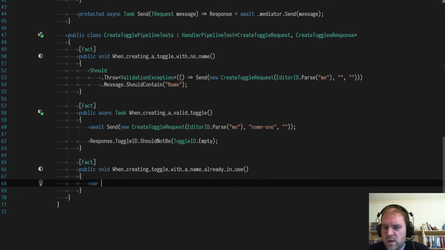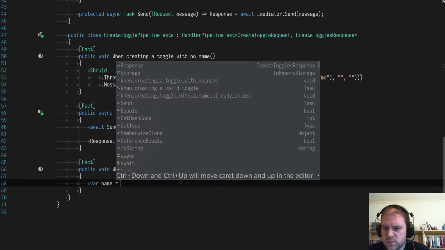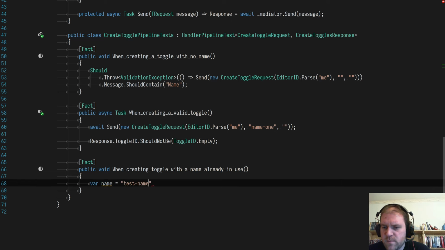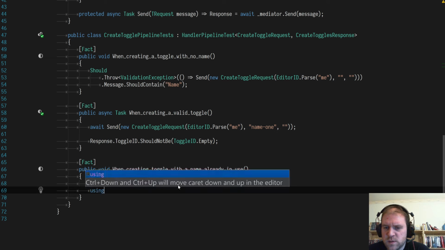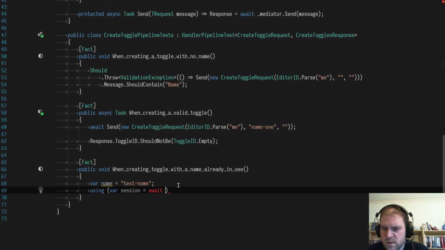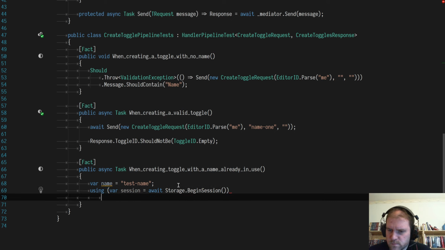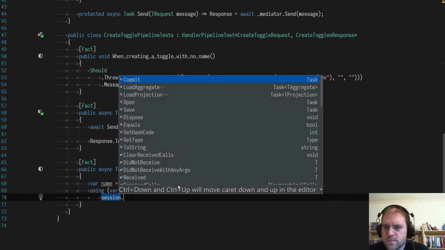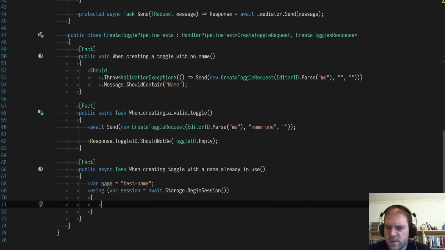So var name equals test name. So using session equals await storage dot in session. So let's do session dot save toggle,